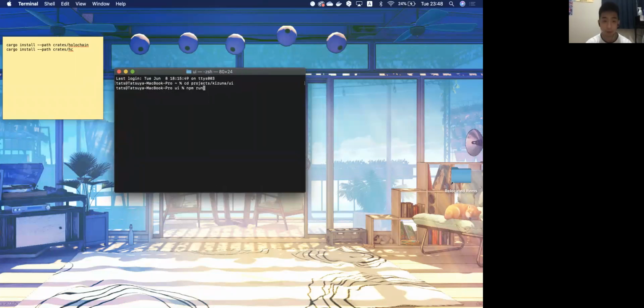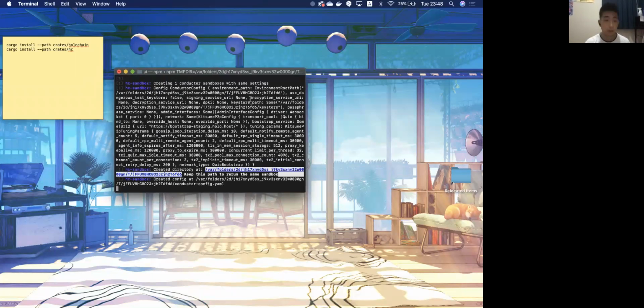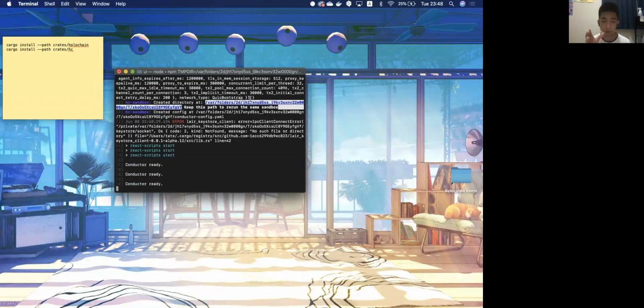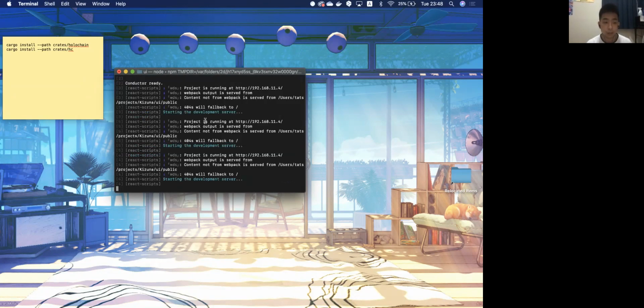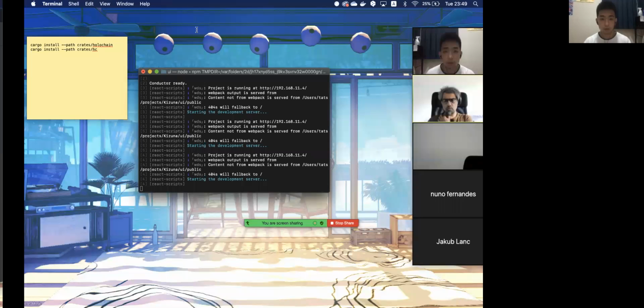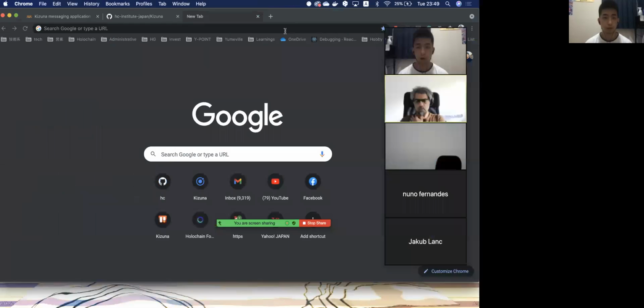So for now, I will run a script that we have prepared to run 3 agents locally on my computer. This is using the Bootstrap service that Holo is providing, but for the proxy, we are only running locally right now. So there's no remote proxy being used by the 3 agents in this demo that I'm going to show. So this should run 3 agents.